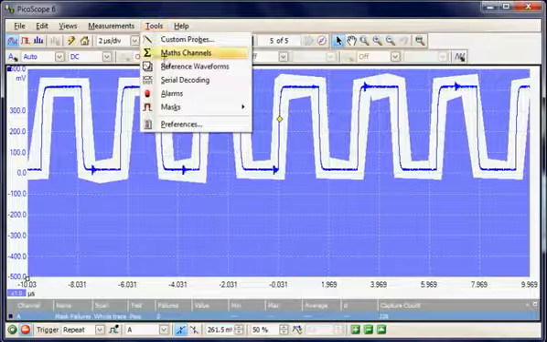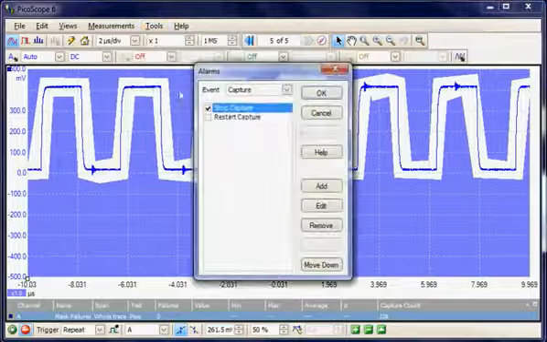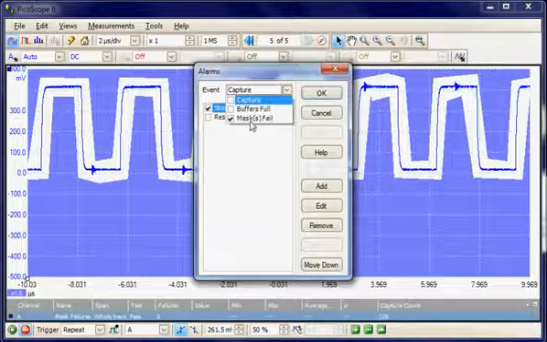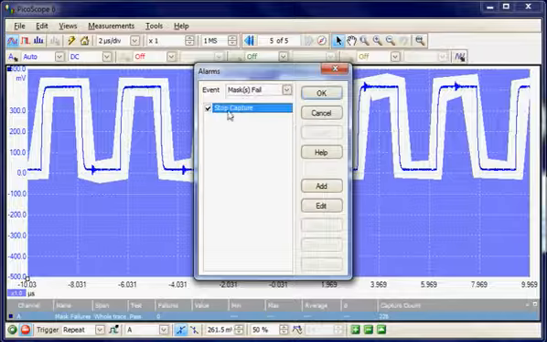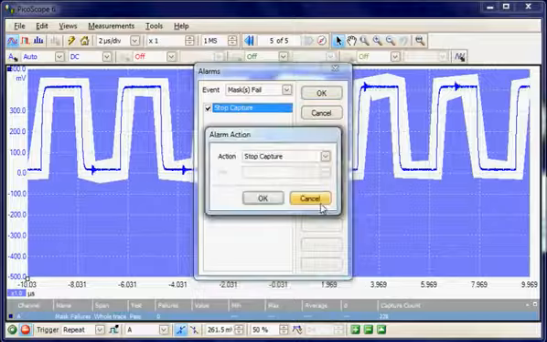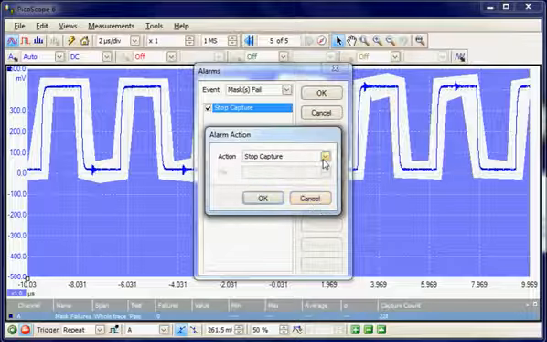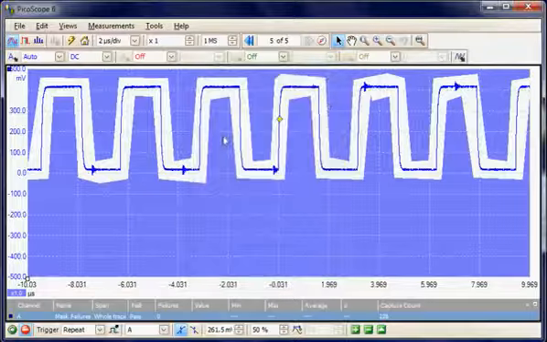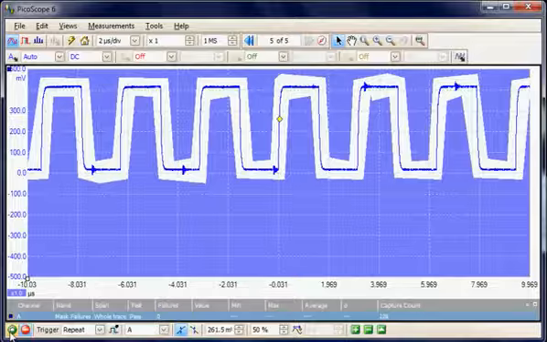So this is available under the Tools Alarms menu. So here under the Capture, we're going to capture until the mask fails, and then we're going to stop the capture. So again under Stop there is a range of options available. We're going to stop capture. Select OK. So that's the alarm set, and again at this moment it runs quite happily because we're not failing